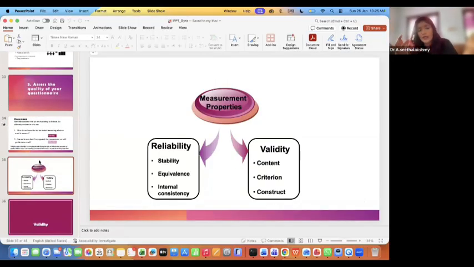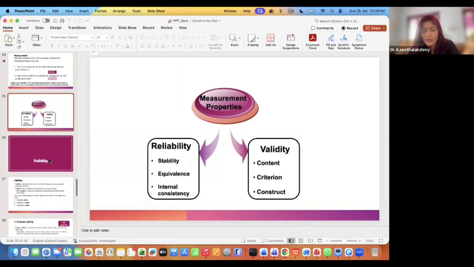Okay, how to do that? How, what and all is there? See, reliability can be based on the stability, equivalence, internal consistency, we call it. We look into all these things in a moment. Whereas validity is the content, criteria, construct, and all those. When you go to the research methodology topic, we have a detailed structure of all these things. I'm not taking that much. We'll just have the basics of how to do that.